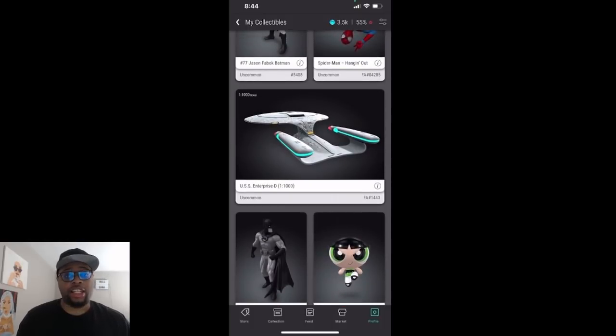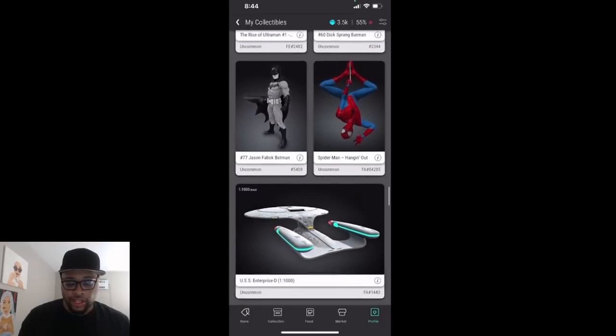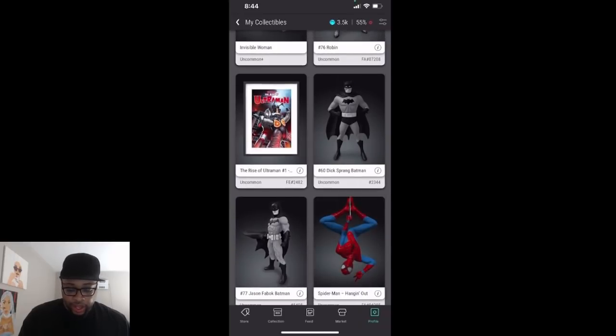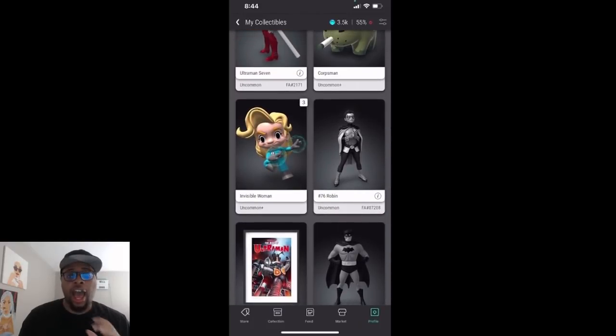USS Enterprise. Like I said, Star Trek fans are gonna be huge on this platform. Star Trek is a massive thing. Obviously Spider-Man, Batman, another Batman. The Rise of Ultraman, got another Ultraman poster. Got the Robin. I just tried to go very season 1, season 2 heavy with what I could get